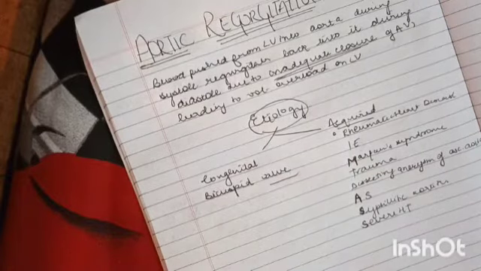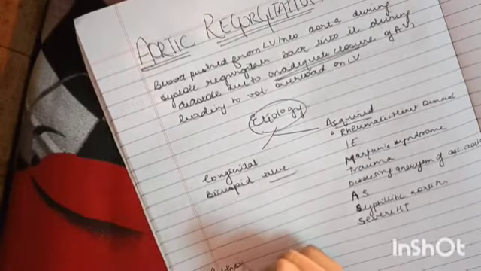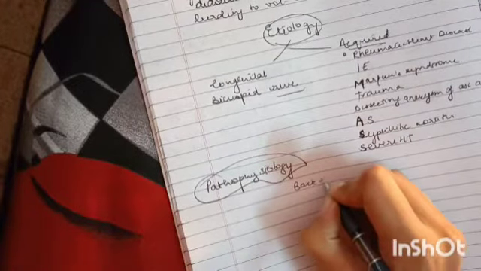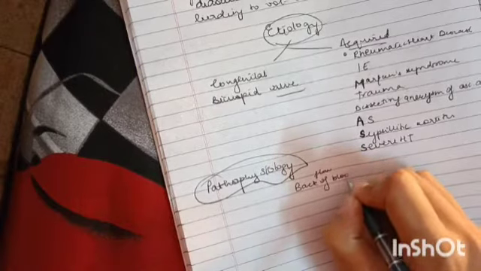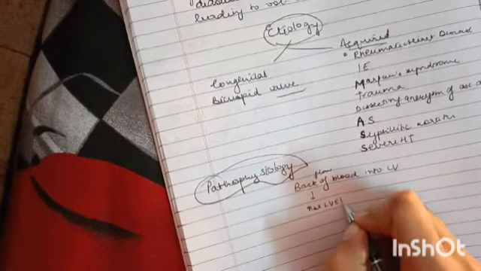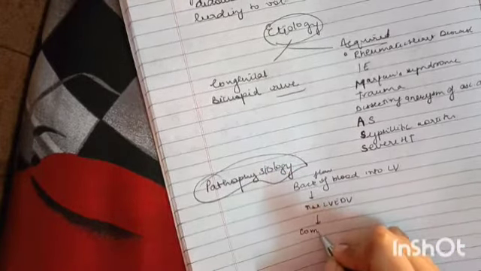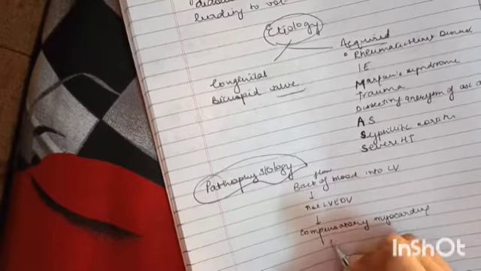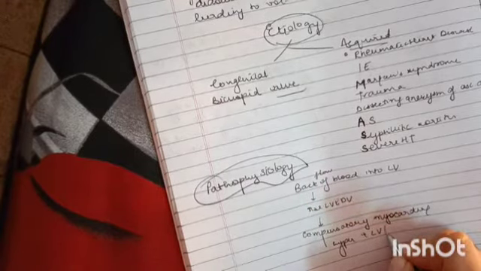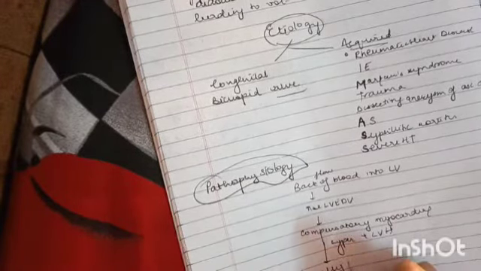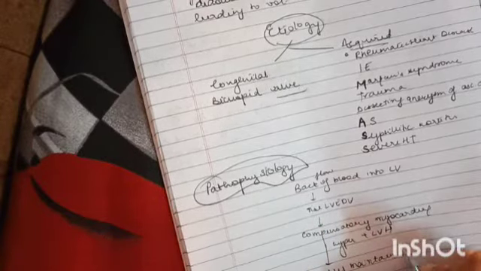Now after discussing the causes, we'll discuss the pathophysiology. What really happens is there is a backflow of blood into the left ventricle. Then there will be an increase in the left ventricular end diastolic volume, due to which there will be a compensatory myocardial hypertrophy plus left ventricular hypertrophy, that is, enlargement. So initially it will maintain the stroke volume and cardiac output, but